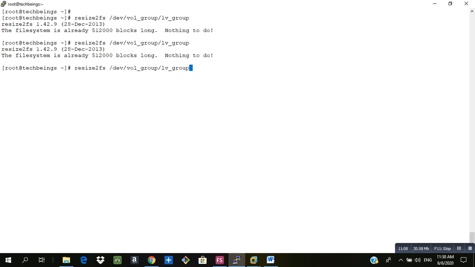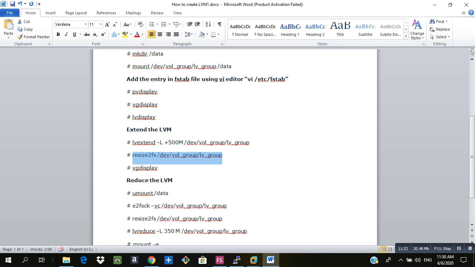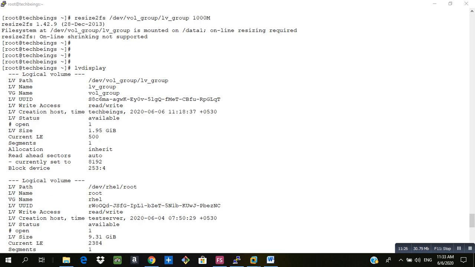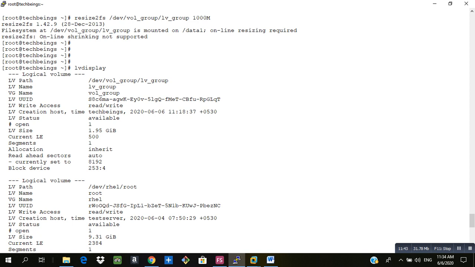Resize2fs, and here we will have to mention. Okay. So now, as it can be seen, the logical volume size is total 2 GB. Earlier when we extended the volume group with 1 GB, and now that we have extended with the lvextend command, it has become total 2 GB.